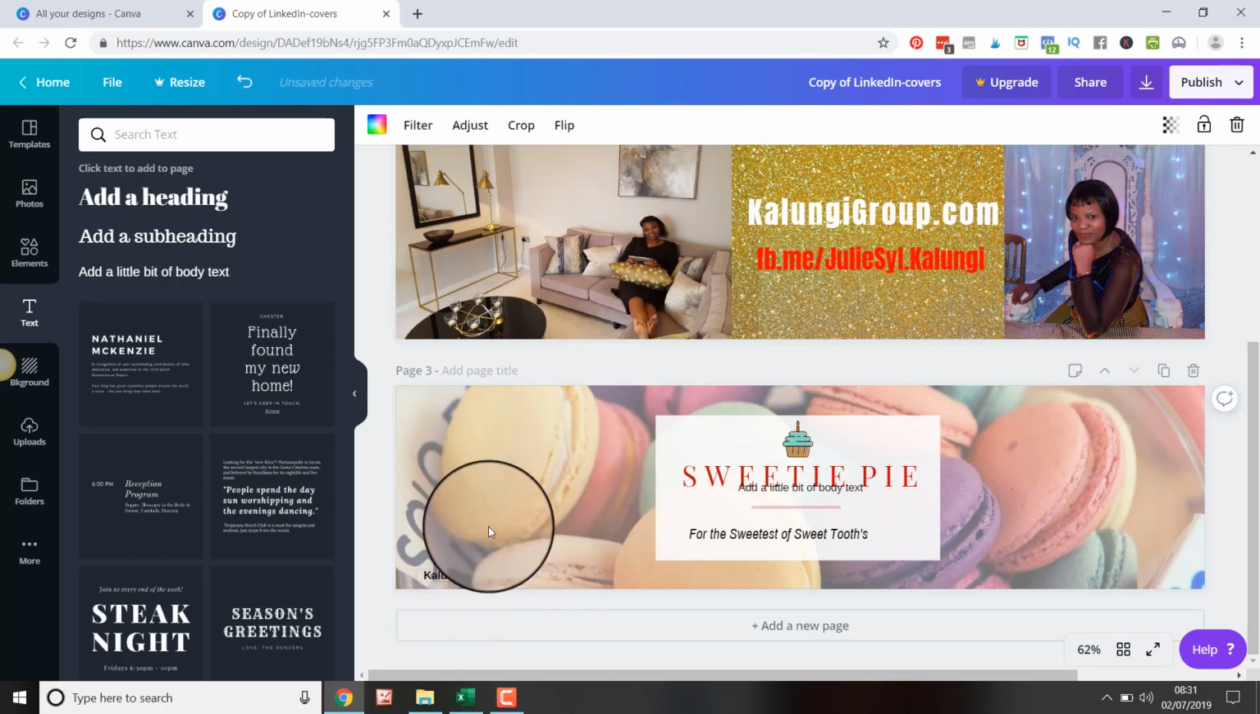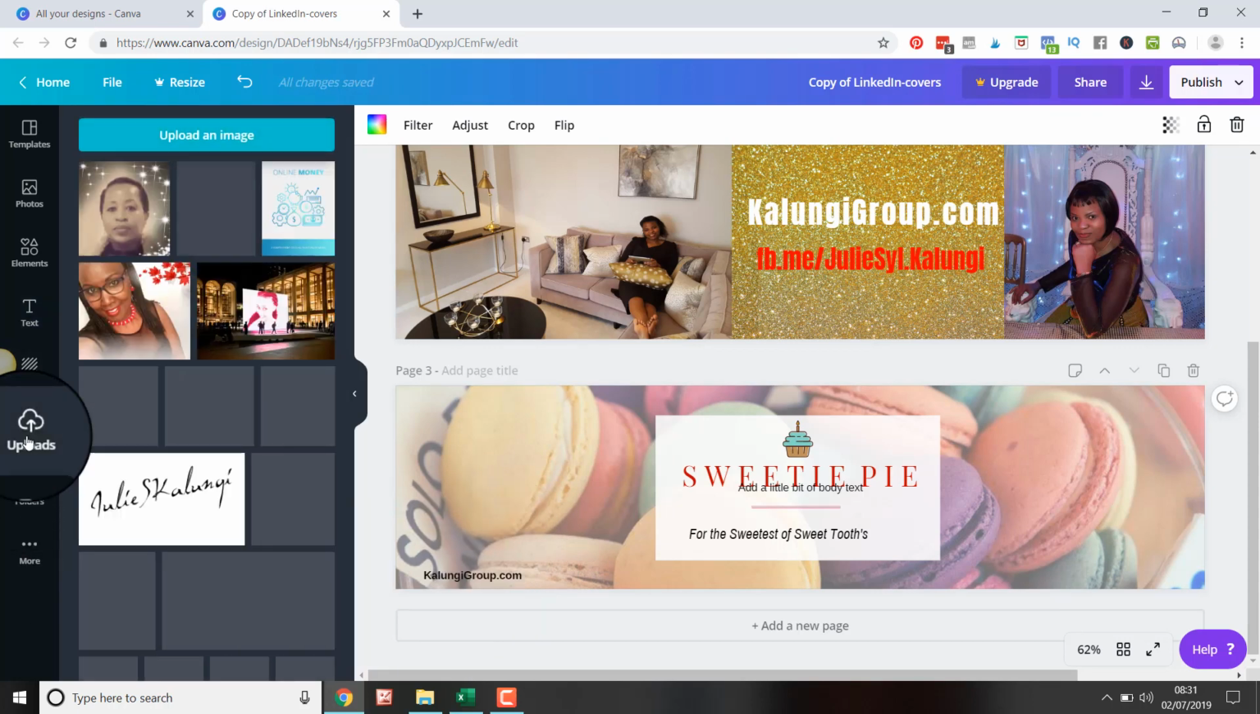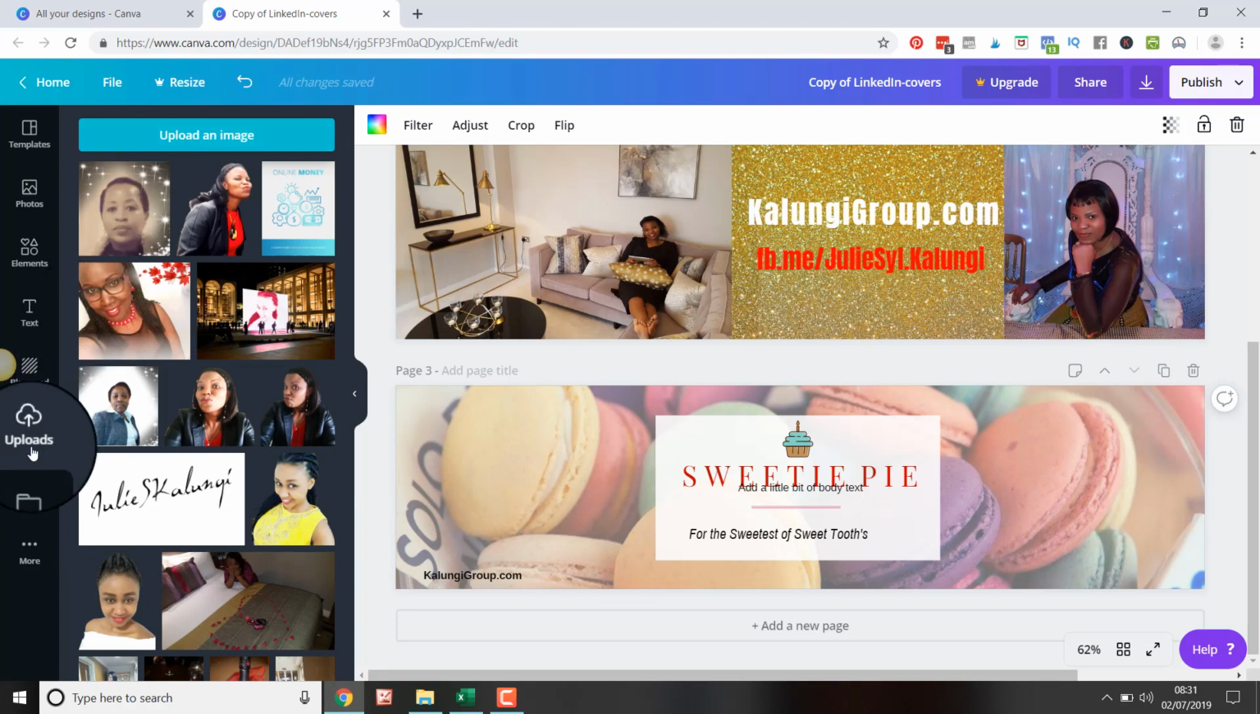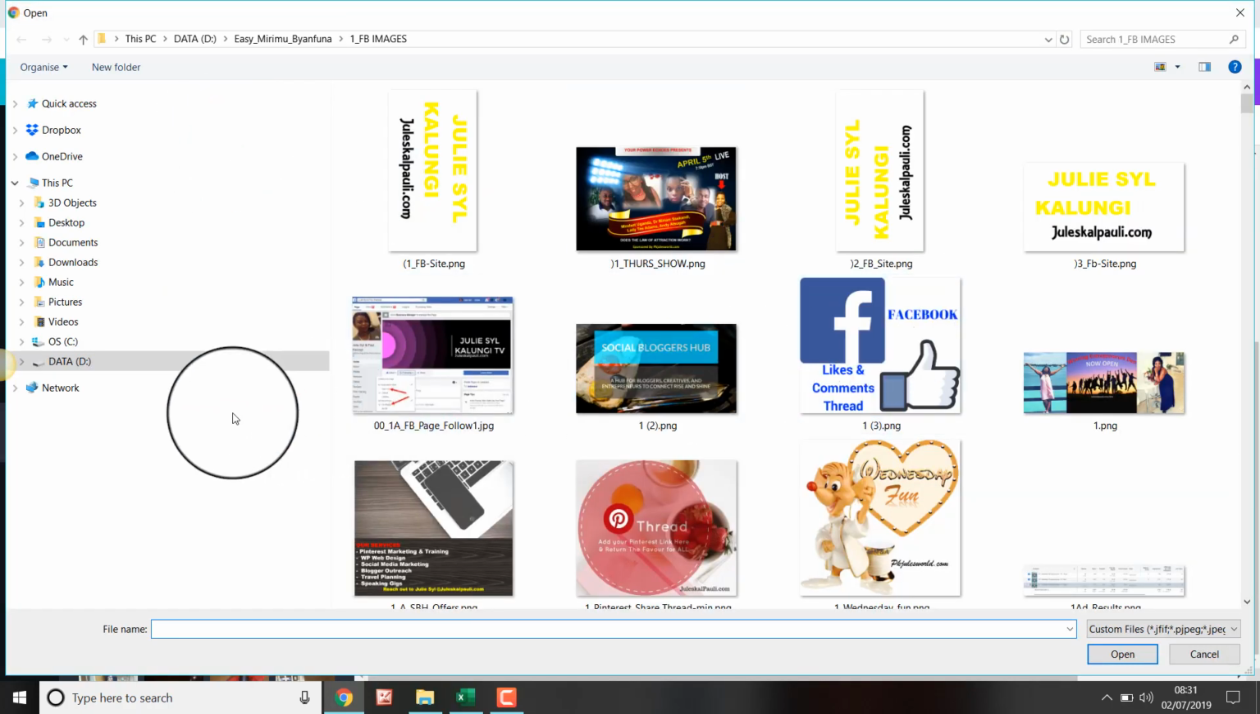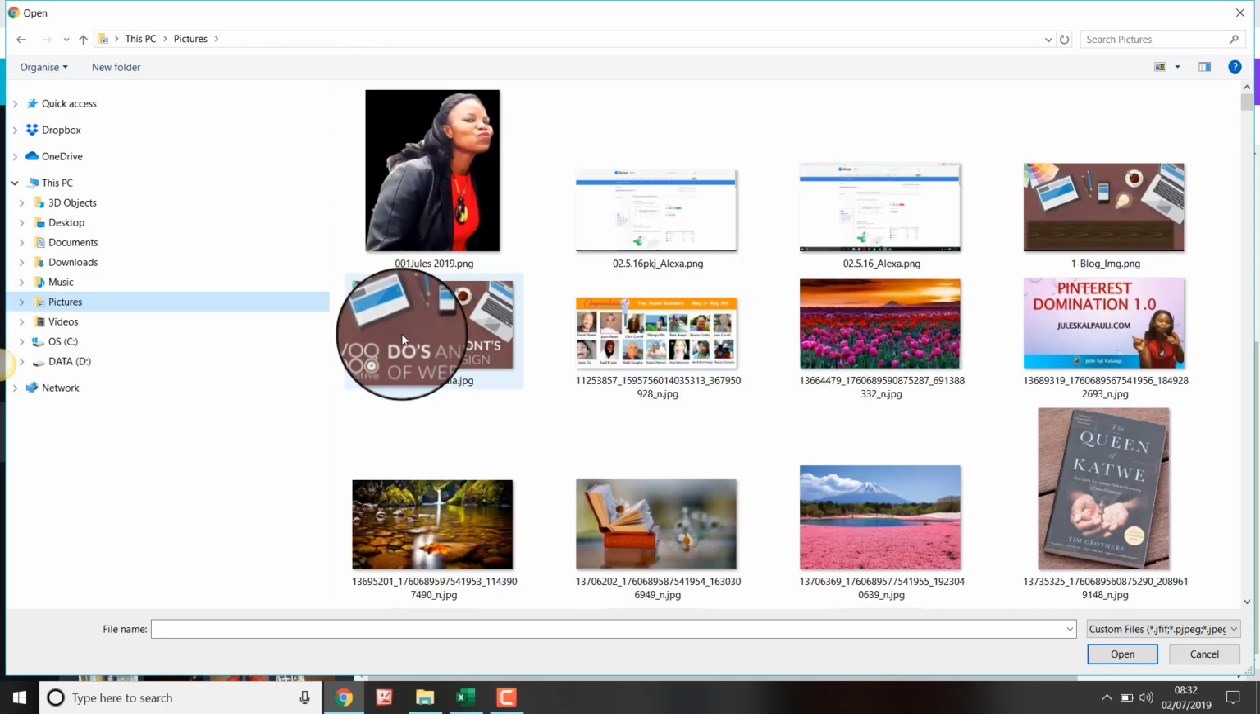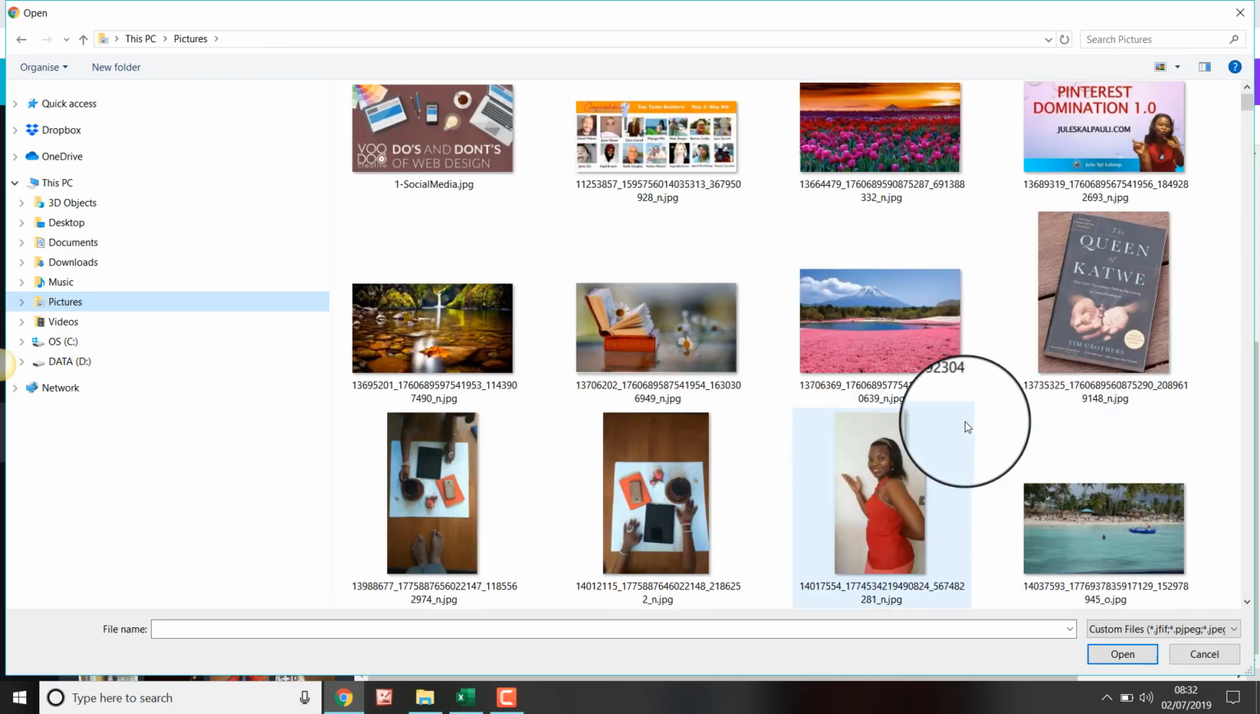And that's it, my website's added. I can add my logos. Now remember, I told you can upload pictures. This is where you upload them. You go to uploads and you click upload image. You go through your pictures, you find that image you want to add to your